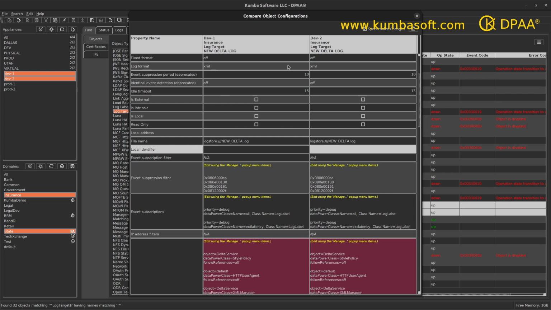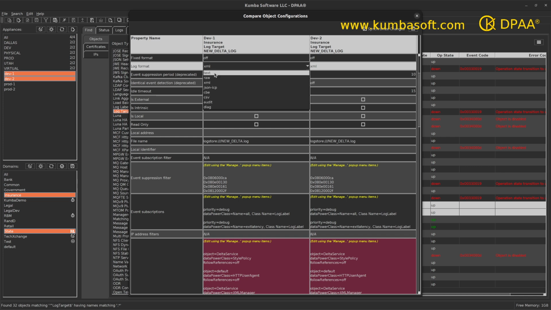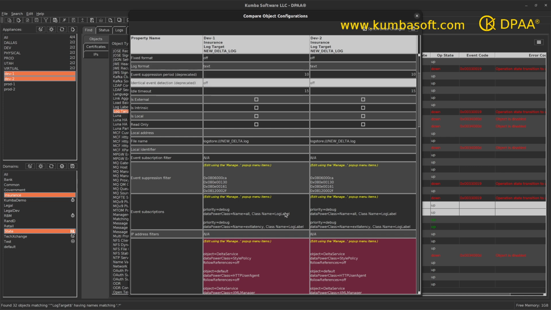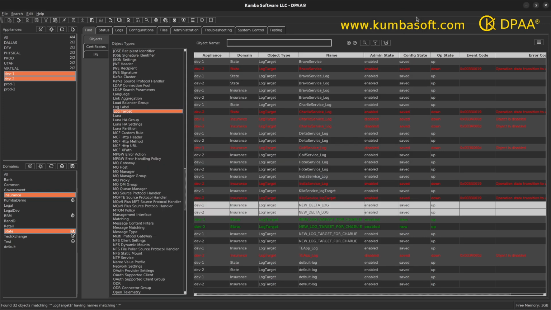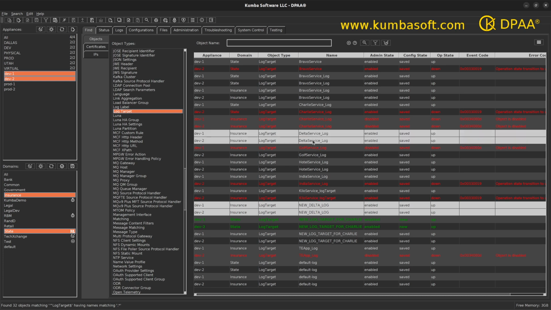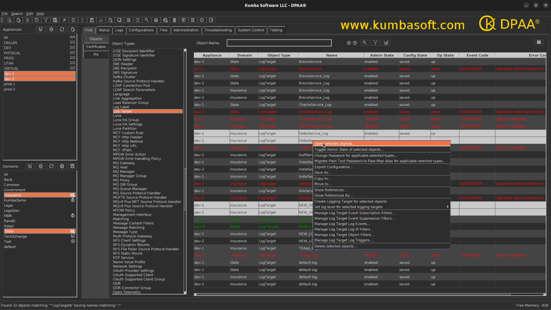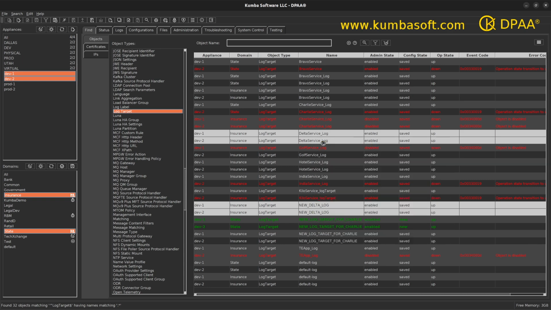I can do extra subscribing. For example, this is XML. I can change this to text, and any number of kinds of things that I want to be able to do. Once I save those changes back, I now have 2 differently configured logging targets. I saved it as this new name, and now these 4 logging targets are actually configured quite differently. I could have made a lot more changes, but we're going to demo what those differences are so you can understand that